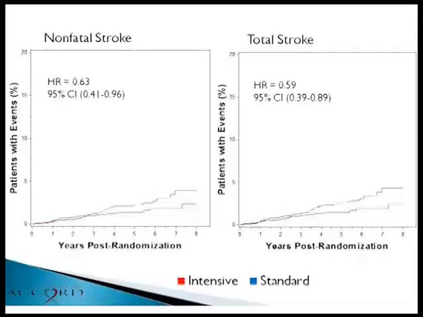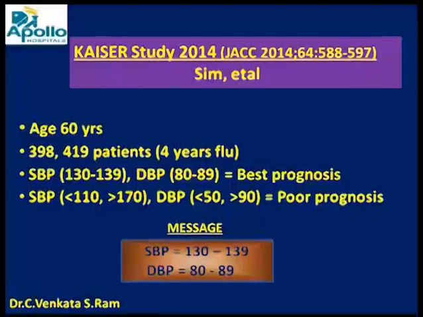So whenever there is a tendency for reduction in stroke, in my view, it is a very important finding, because stroke is one of the most devastating complications of hypertension. Stroke is one of the most embarrassing complications of hypertension, because not only does it affect the individual, but it affects the family, the attendants, the community, the disability, the rehabilitation, work absenteeism, loss of productivity. So when you reduce the tendency to stroke, it is very, very important.